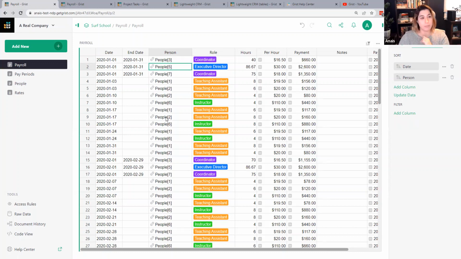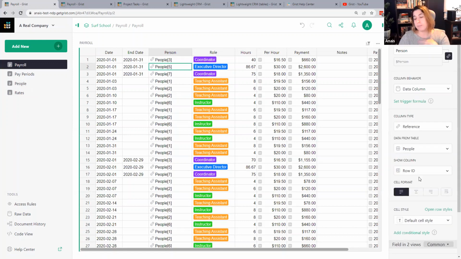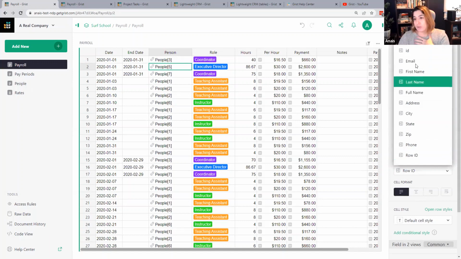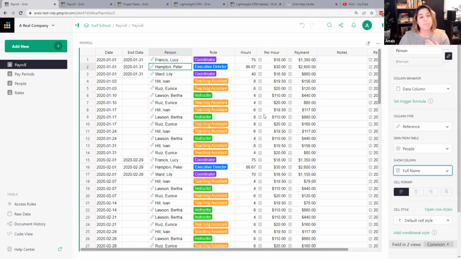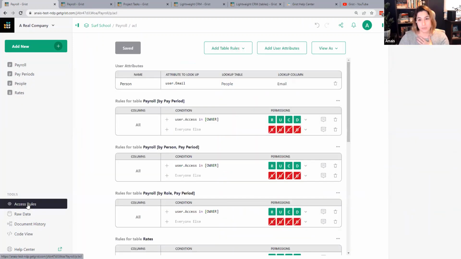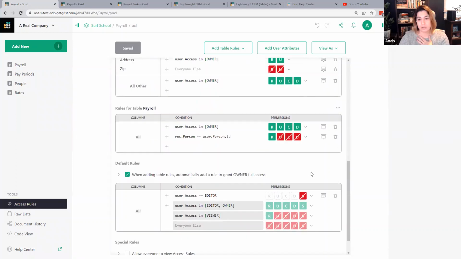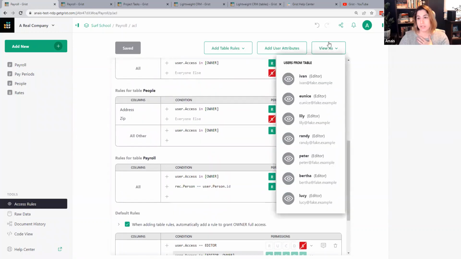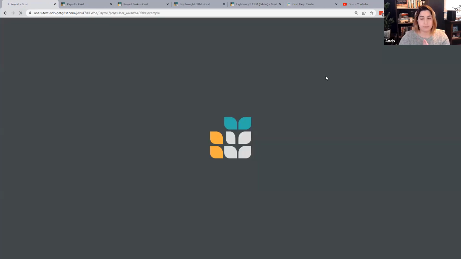That can be a bit tricky, but what you're doing is figuring out what the ID is and then what the ID is assigned at this level. So let me go back to showing the full name because that's prettier. I go to access rules, just want to make sure person ID, read only. So if I view this now as Ivan,